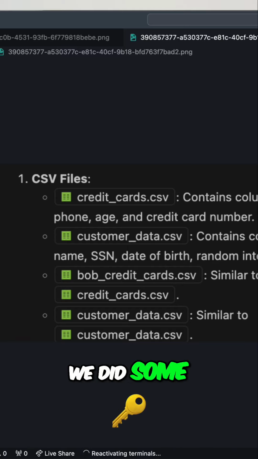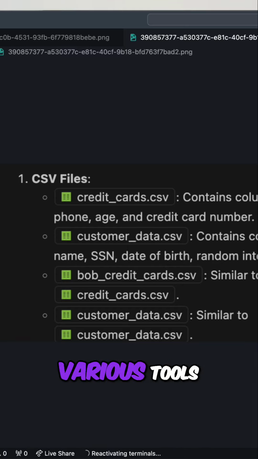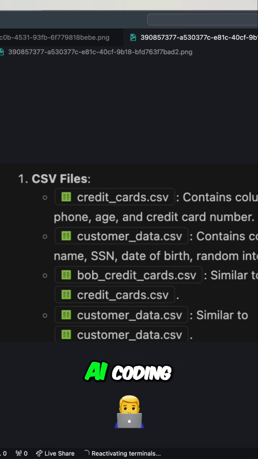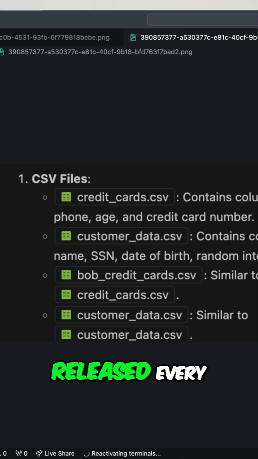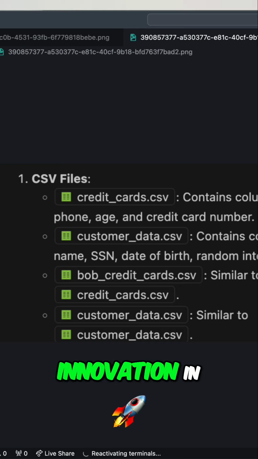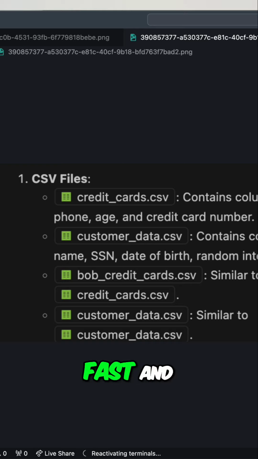At Stacklock, we did some security research into coding AI assistants and agents. We looked at various tools, IDE extensions, some of the popular ones, such as you see here, as Copilot, and many of the open source projects that are developing AI coding assistants and tools. There's practically a new one being released every week. There's a lot of innovation in this space, but people are moving fast, and security is becoming a second